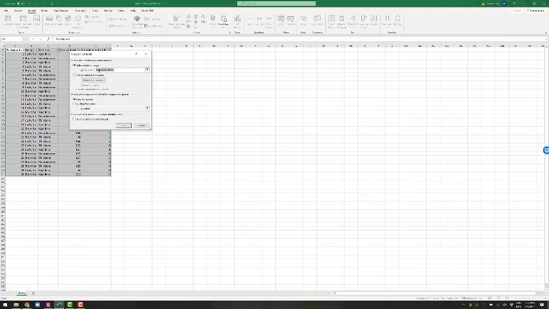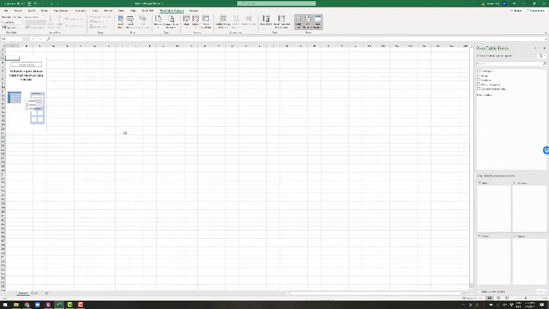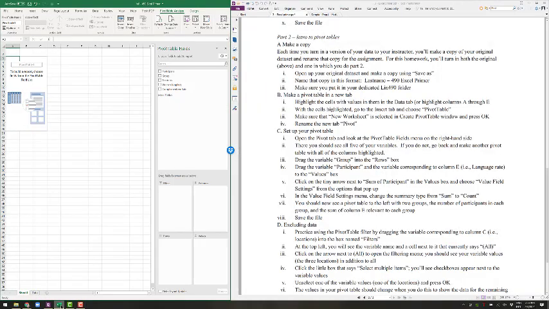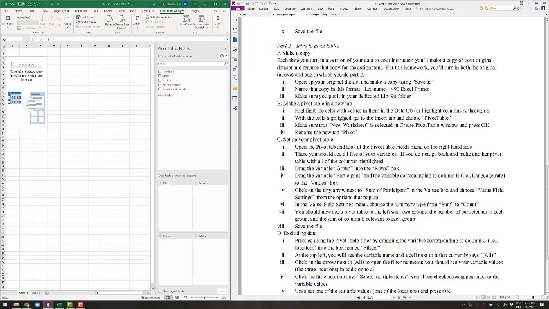So data range, if you haven't already selected it, that's where it is. Click New Worksheet, which should be auto-selected, I assume. If not, click it and press OK. Boop, and you'll notice now I have another tab, okay? So let me go ahead and open up my second document again. All right, so with the cells highlighted, pivot table, new worksheet, press OK, and then I want you to rename